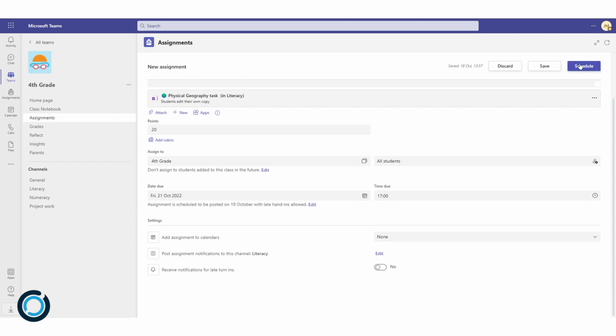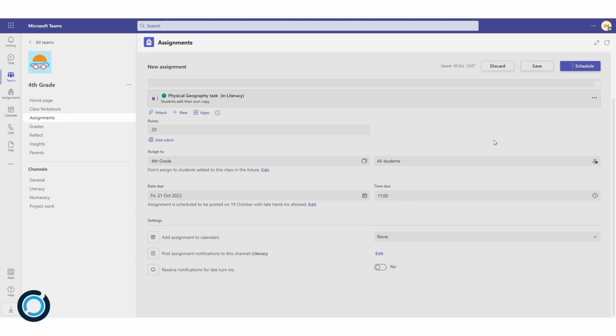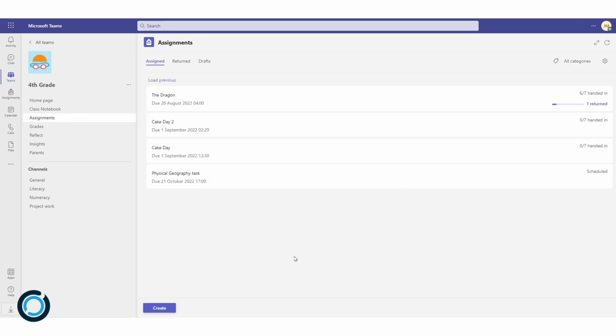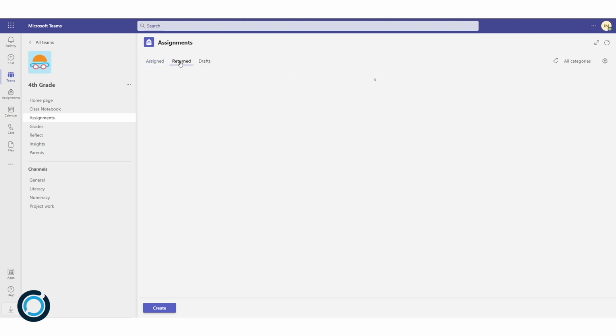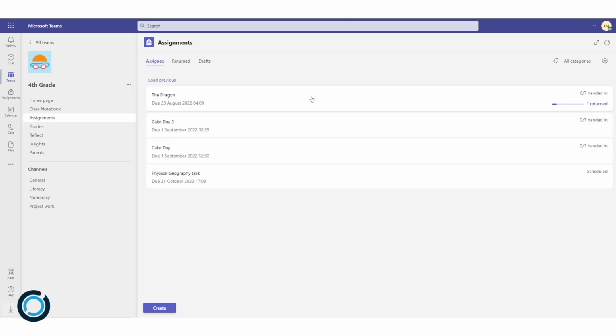Now, because I've scheduled this to get sent in the future, this says schedule. If I had just wanted to post it, it would say post. Click on that and you'll see in my dashboard I have this physical geography task scheduled to get sent out later today. Now what I'd like to show you is if I look at some of the assignments in here,